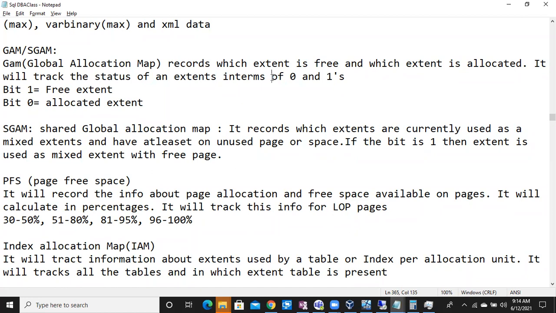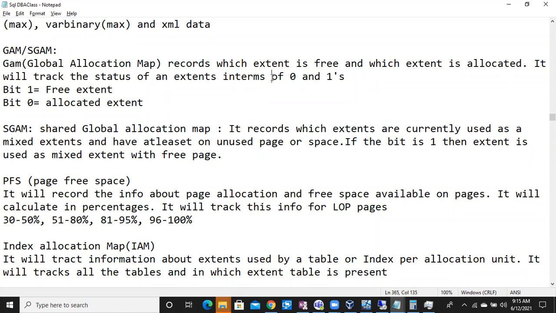It has to know which extent is allocated and which extent is free. Then, while creating a new table, it will try to allocate a free extent from the unallocated extents. If an extent is already allocated, it won't touch it. So while creating new objects, SQL Server will take an extent from the unallocated extents.